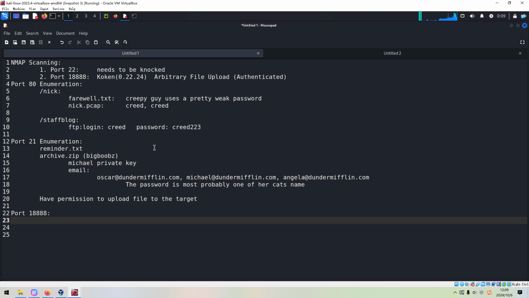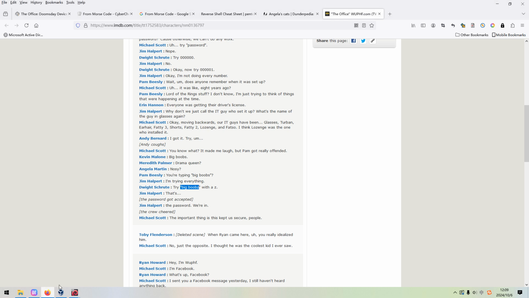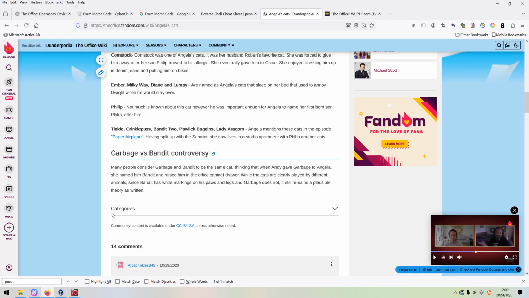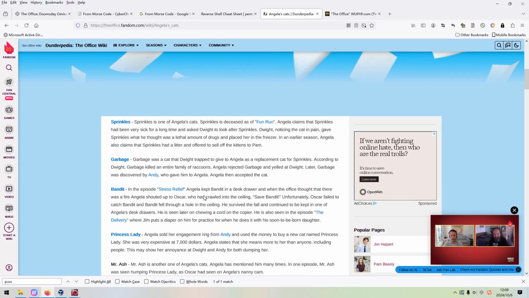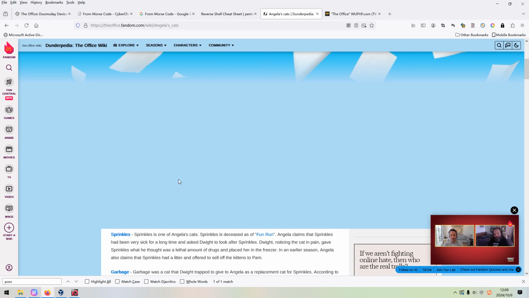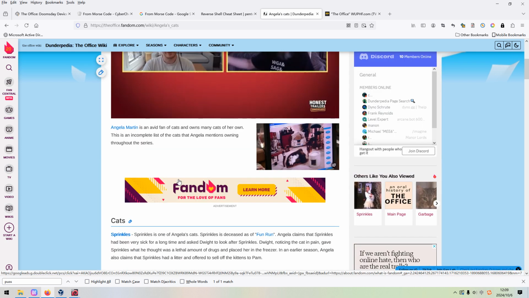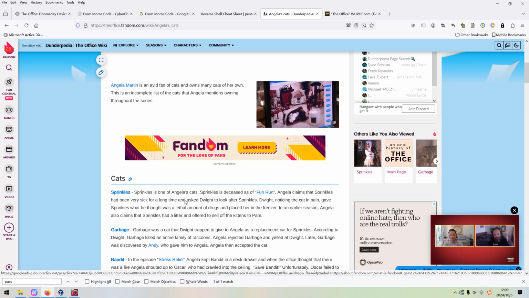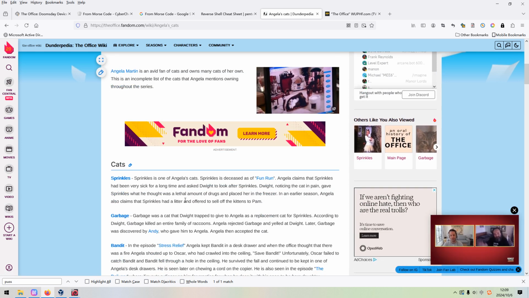And so far we have already got the username and also the possible rule for the password. So then it's most probably one of her cat's name. You can use Google to make some search, and then you can get this link. The link will be put into the description section so that you can refer to it if you want.